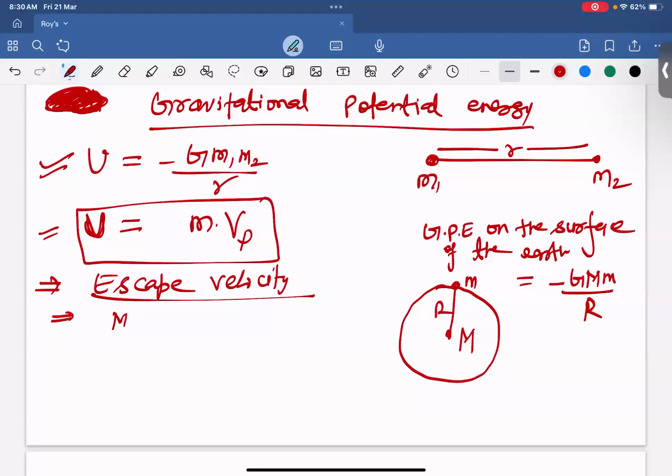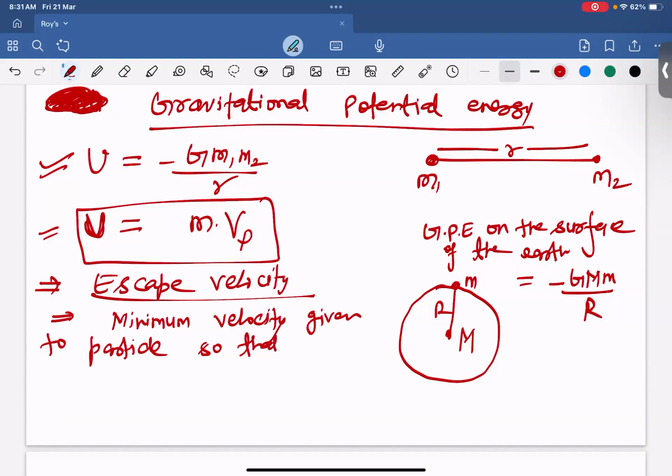It is the minimum velocity given to a particle